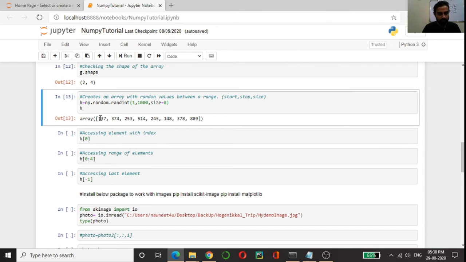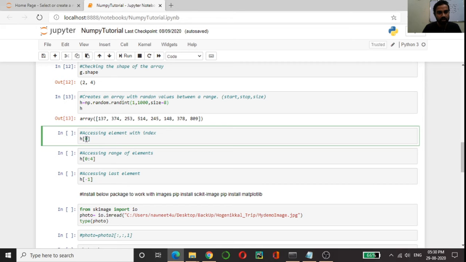If you concentrate on this array, 137 will be stored at index 0, then index 1, 2, 3, 4, 5, 6, 7.